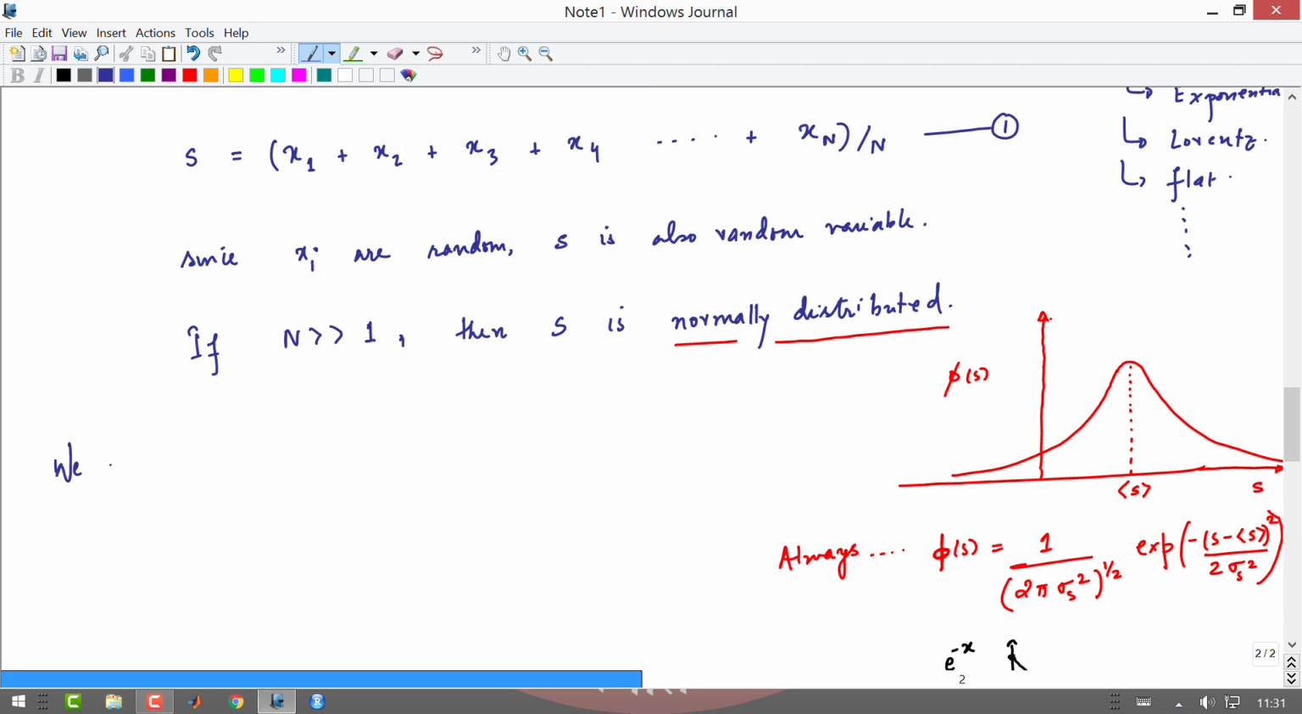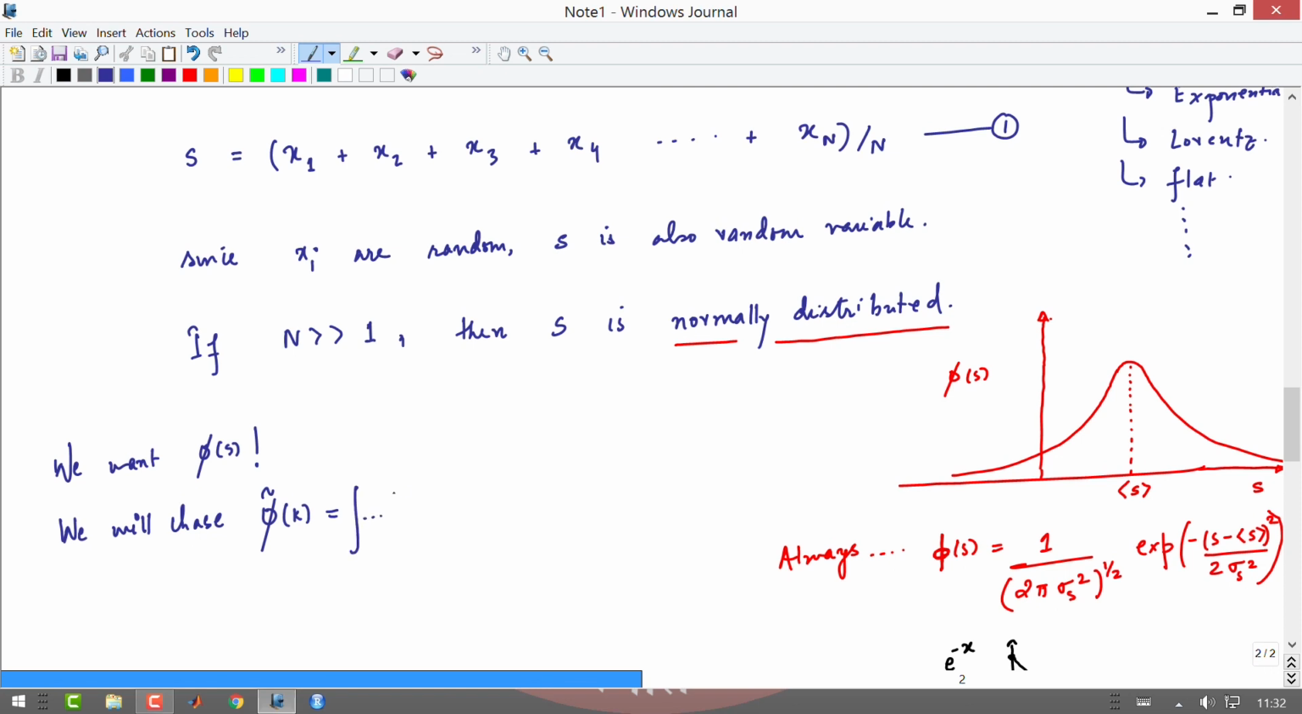We want phi of z, phi of s, our sum is now s. We want phi of s, but we will start with the characteristic function. Right. So now the characteristic function can be written as